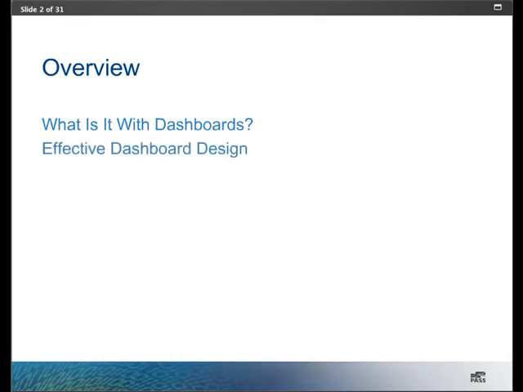Now, knowing what not to do with a dashboard is not the end of the story. We need to know what design techniques we can use to make a dashboard not only functional by providing information, but also how to communicate that information most effectively in dashboard form. And last, I'll introduce you to a Makeover action plan, laying out some very specific steps that you can take to give your dashboard a makeover. And even if you don't currently have a dashboard and you're starting for the first time, you can use this action plan to make sure that you deliver a dazzling dashboard.